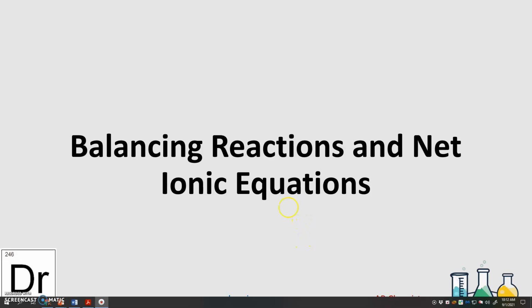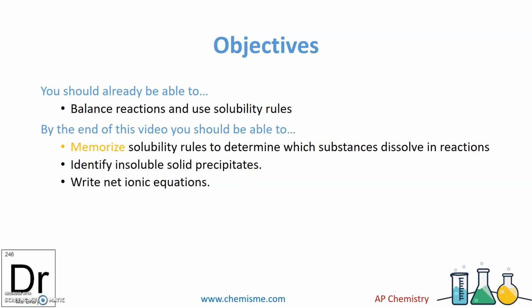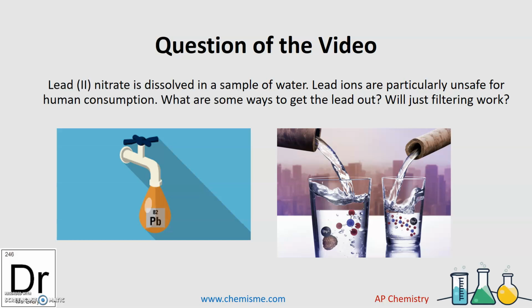In this video, we're looking over balancing reactions as review and net ionic equations. So you should already be able to balance reactions and use solubility rules, but by the end of the video, you'll need to know which solubility rules to memorize and use those to form solid precipitates and write net ionic equations. So the question of the video that we're going to answer by the end is: lead 2 nitrate is